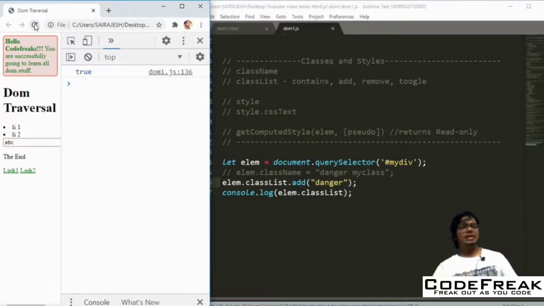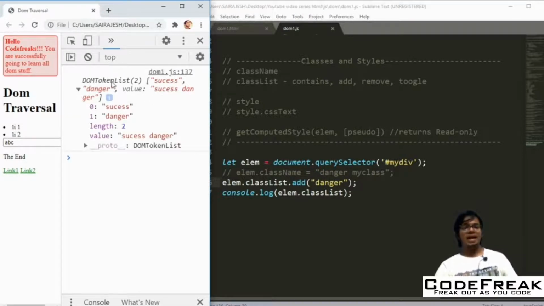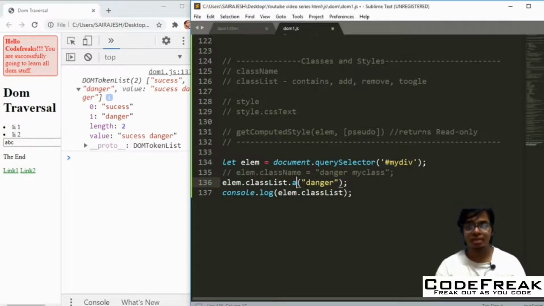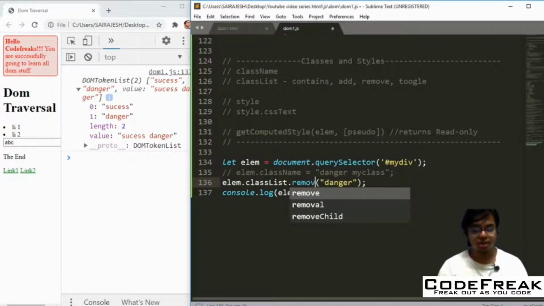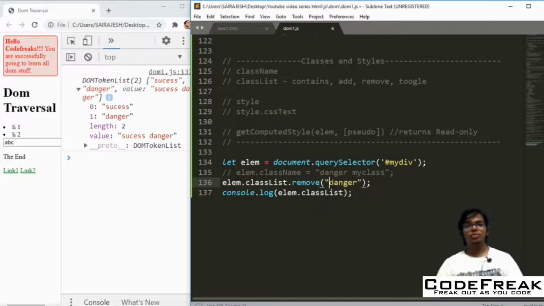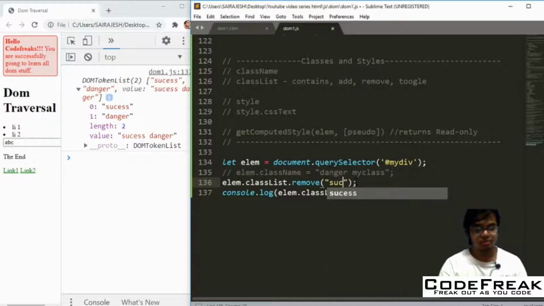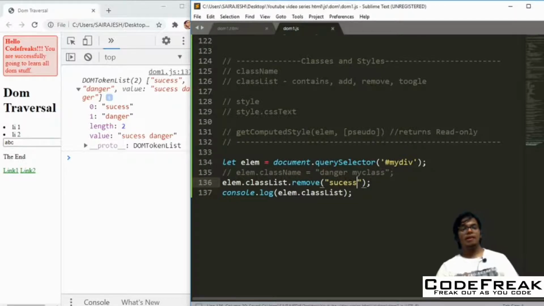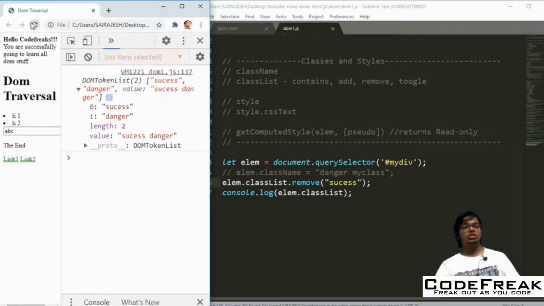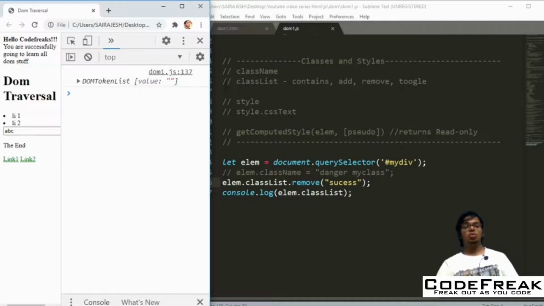You will see that it gives the full danger sign, and it has only success and danger. These are the two classes which are there. Say you want to remove the success class from there, you can do that also. So you can remove the success class because you already have the success class in the HTML, right?